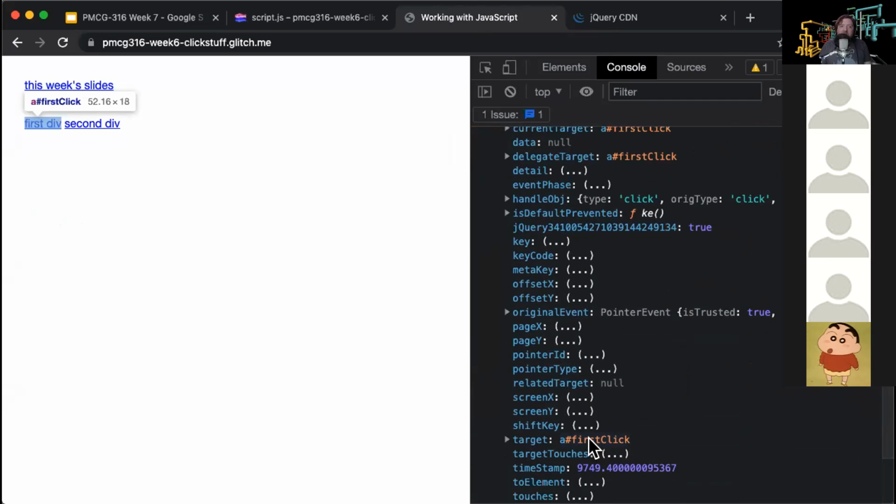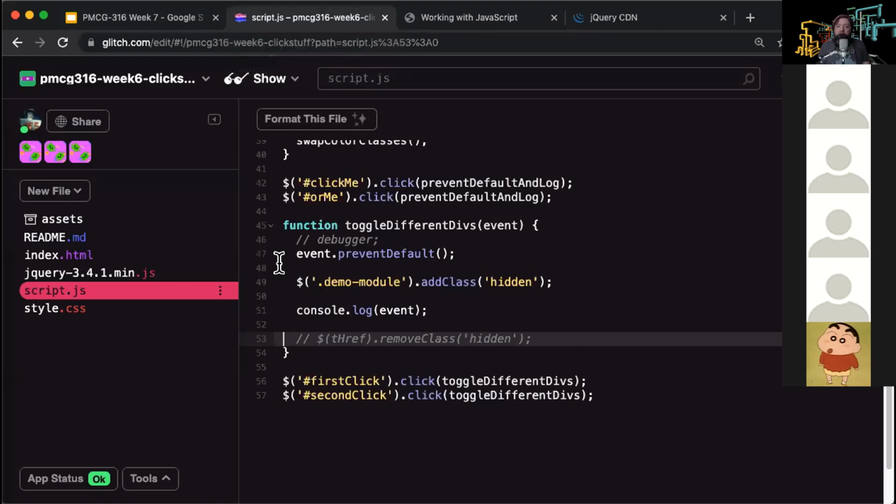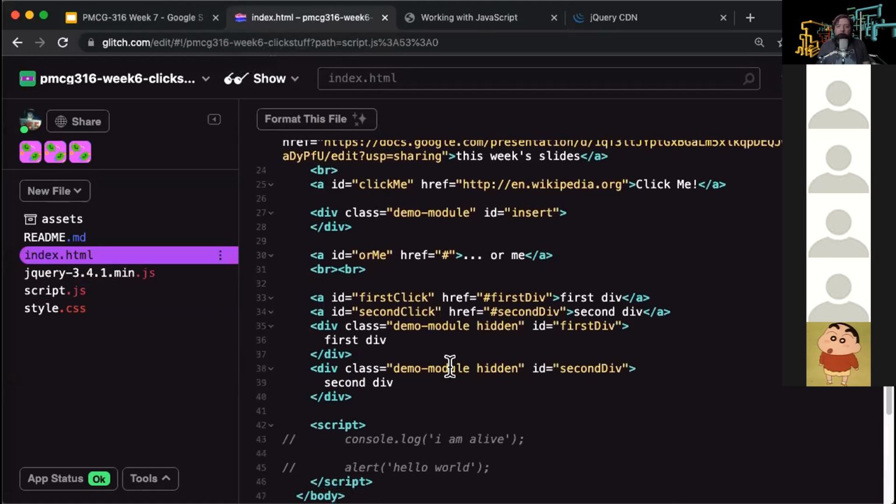That's the selector of the link that we clicked. But notice that I have an href attribute of first div on the first link, and an href of second div on the second link, and those match the IDs of these two hidden divs. So one thing I can do